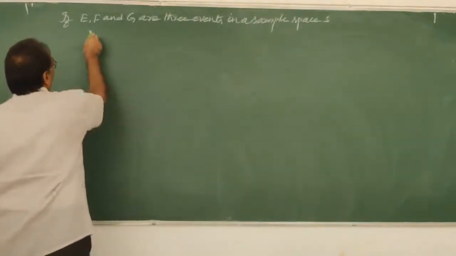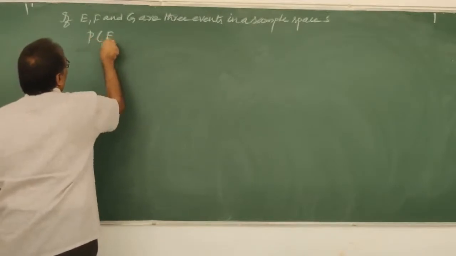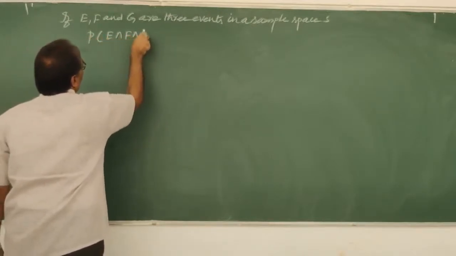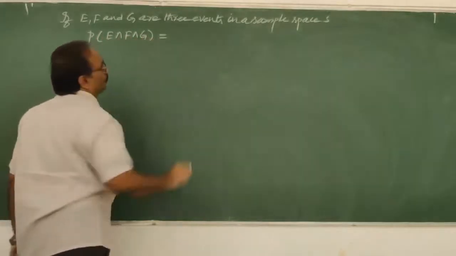The probability of E intersection F intersection G is equal to